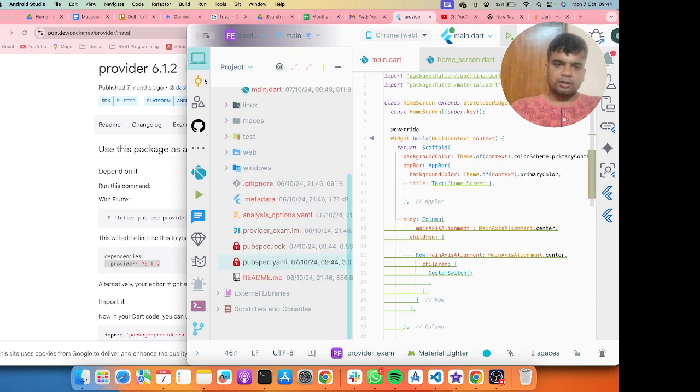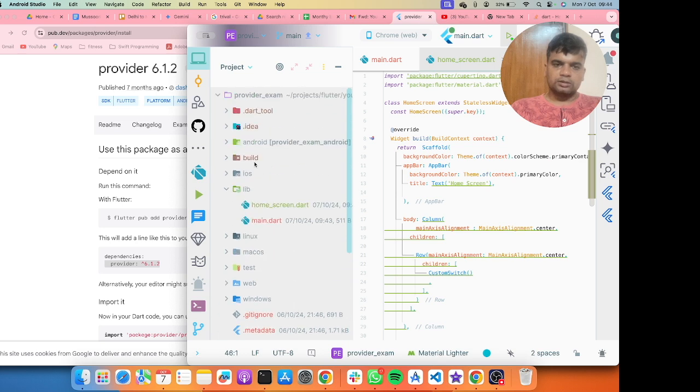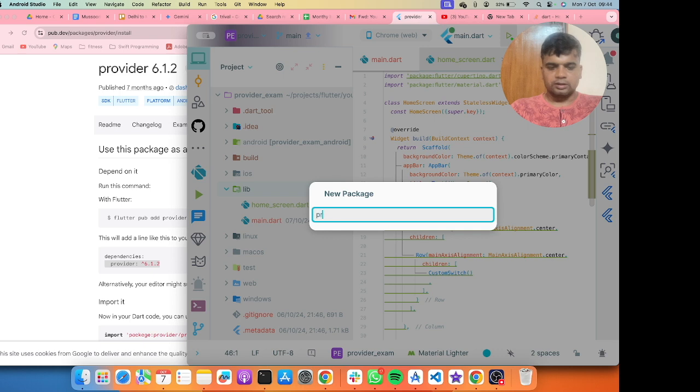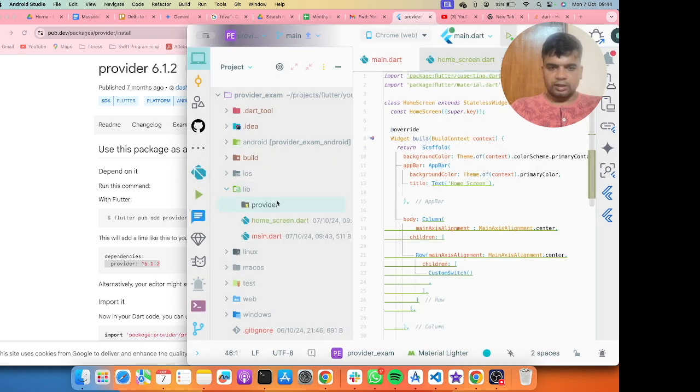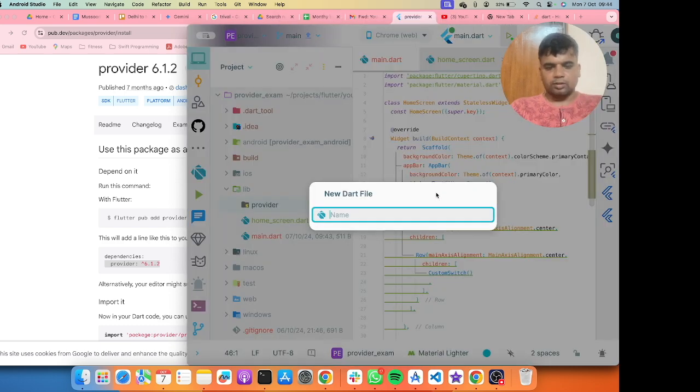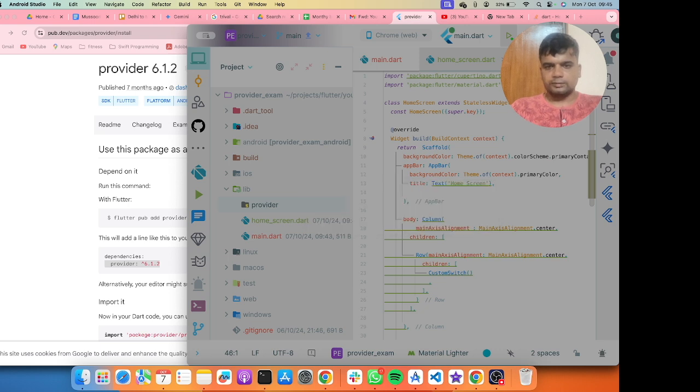So here I will use a change notifier of the provider. I will create a new folder named provider, and I will create a new class called theme provider.